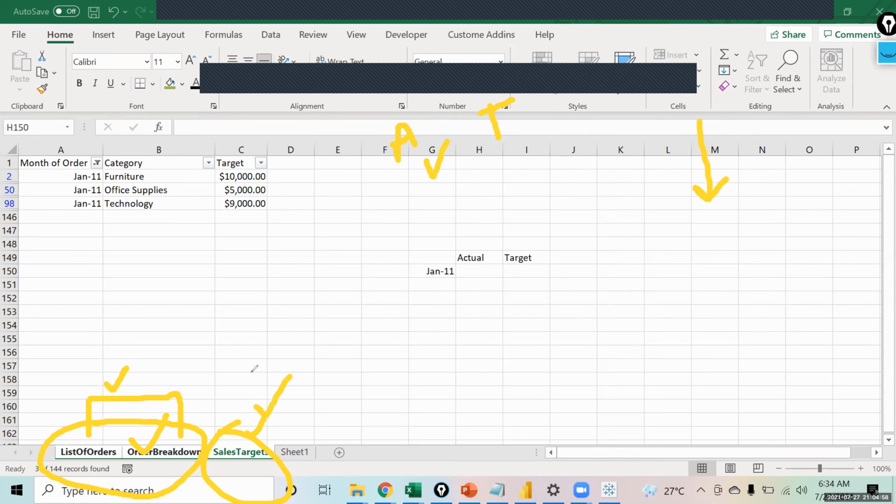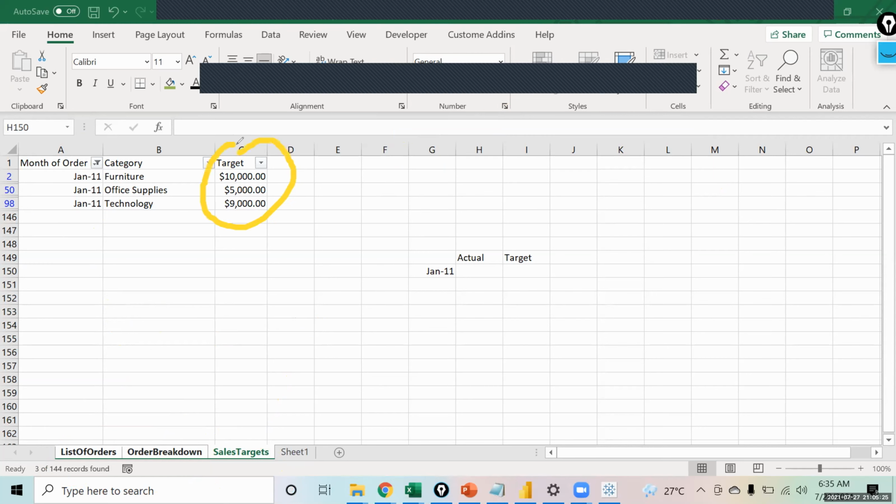So now in one data set, you have the actual sale. In another data set, you have the target. You want to bring the two things together, so we'll have to join them, based on the common column, and that is month of order. Target also has that month column. This is the target column, right? So target is in another data set and actual is in another data set over here. To bring the two things together, we'll have to join these also.